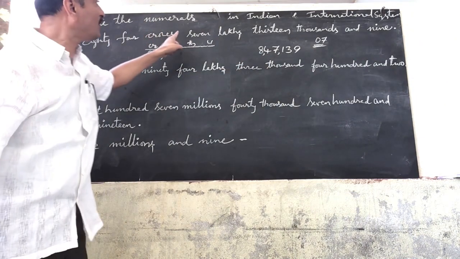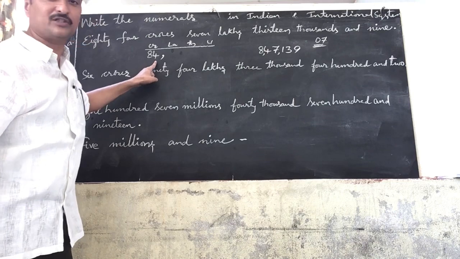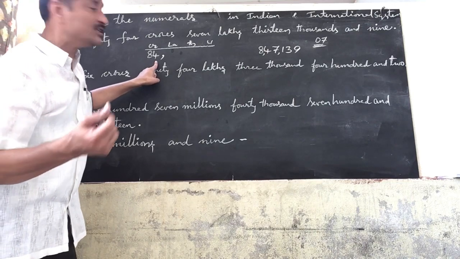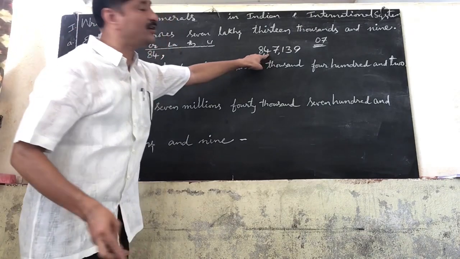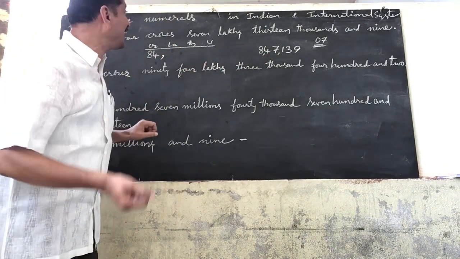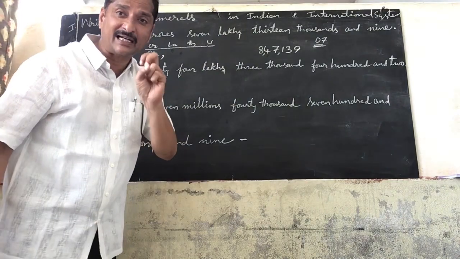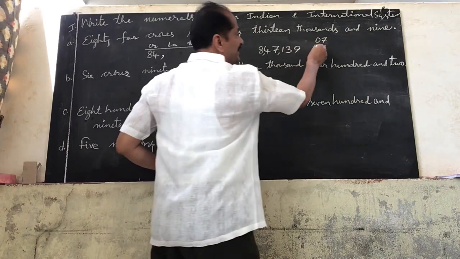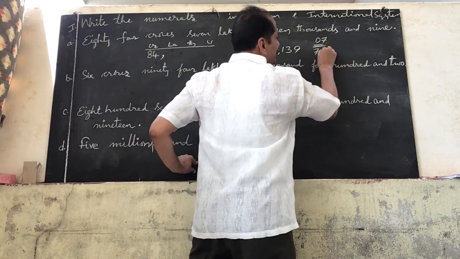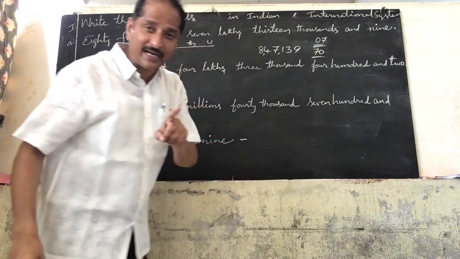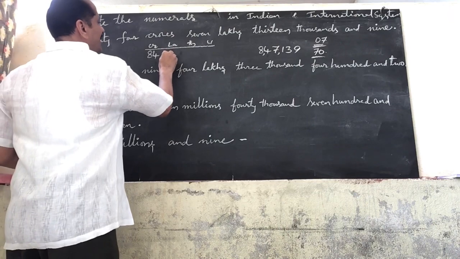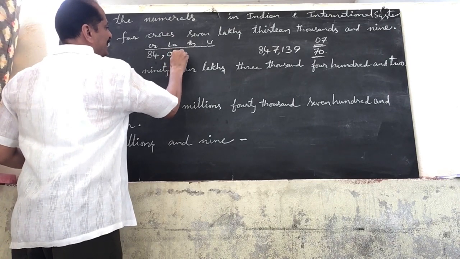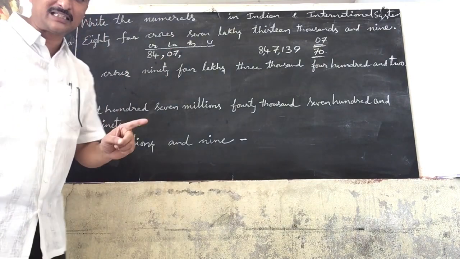So write 84 under the crores period. Next lower than the crores period, the lakhs period. Where you place zeros is very important. For 7 lakhs you have to write 7 in the lakhs period, which contains 2 places. If you write 07, it is 7. If you write 70, it becomes 70. But what you have to write is 07, since only 7 lakhs has been given. So the lakhs period is completed. Place a comma.